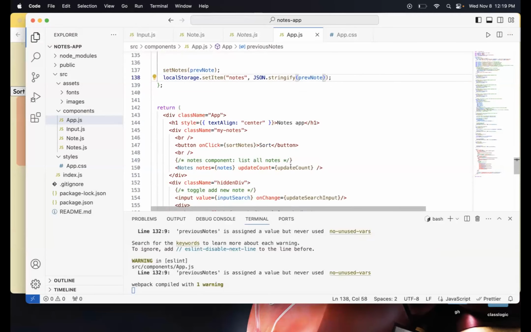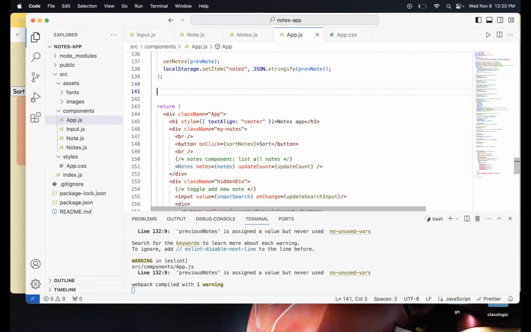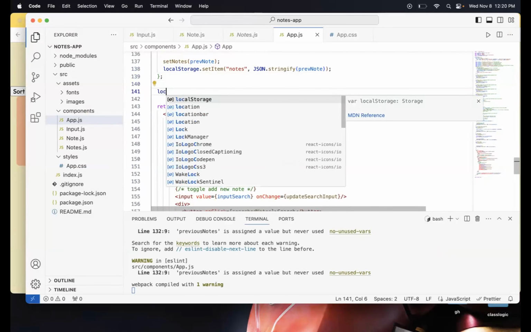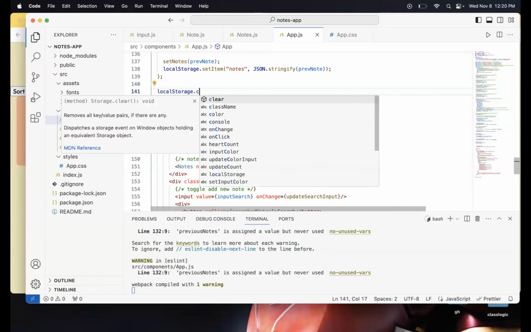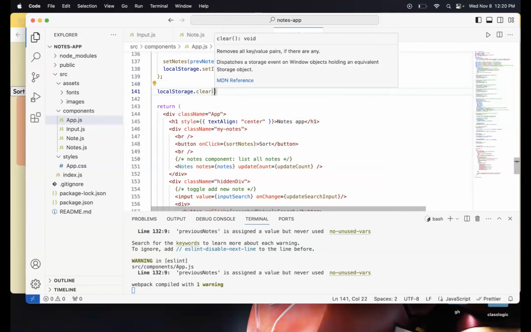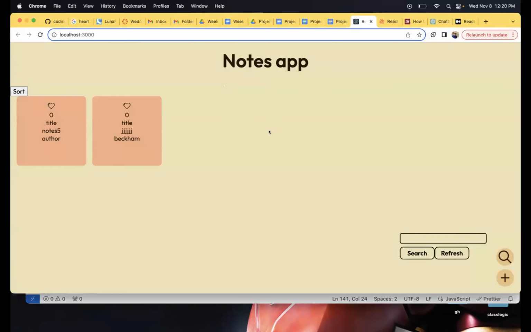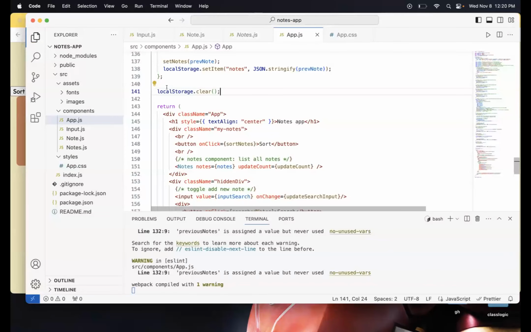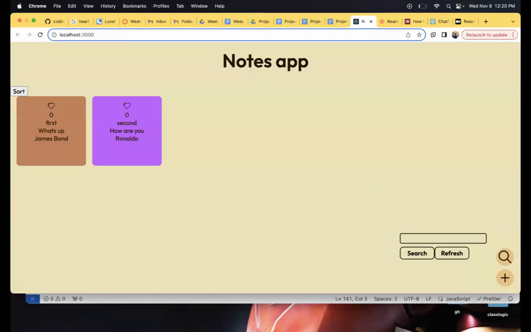Obviously it doesn't work now. Just do a refresh for the whole system, whole local storage dot clear. Okay, so everything's refreshed.